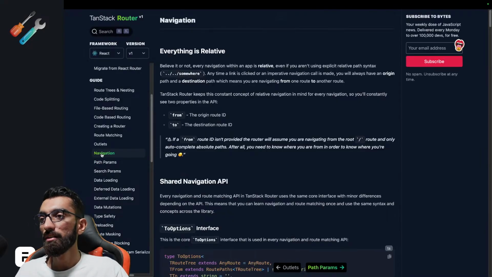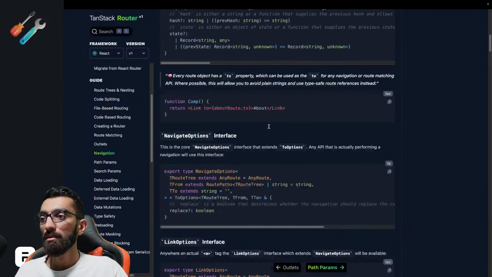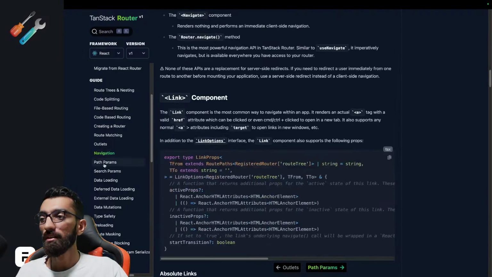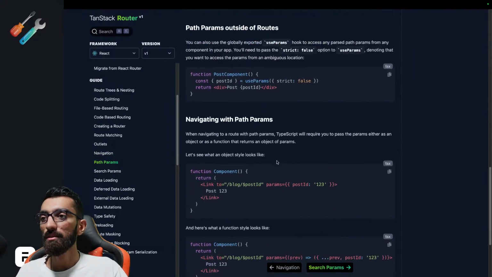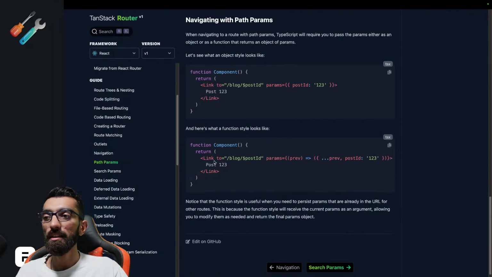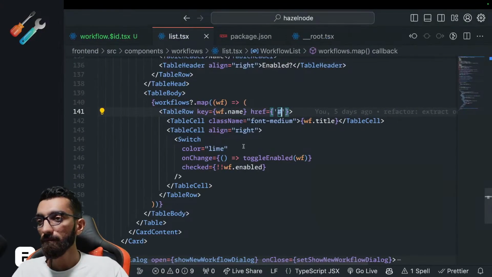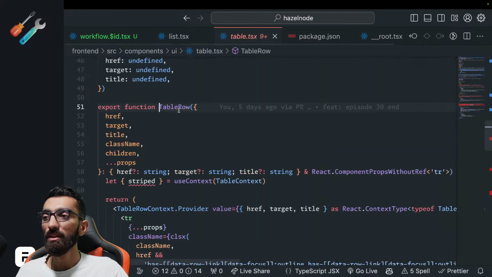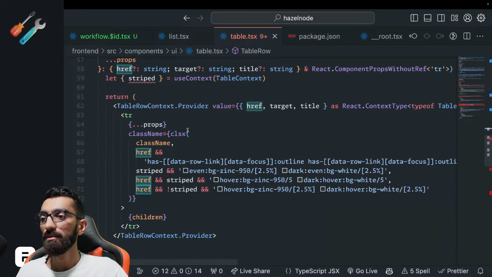So, navigation. It provides a link component, TanStack Router, and you can tell it where to go on click of this, right? Similarly for path params, you can say "to" and then any params you want to pass, right? This is the deal. Okay, so in this case table row is bringing in the href, and if there is an href,